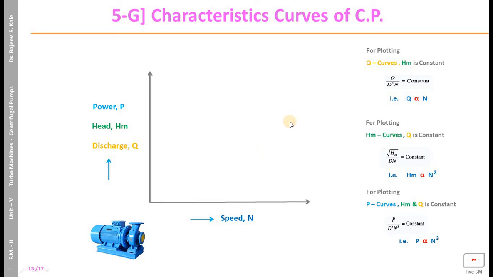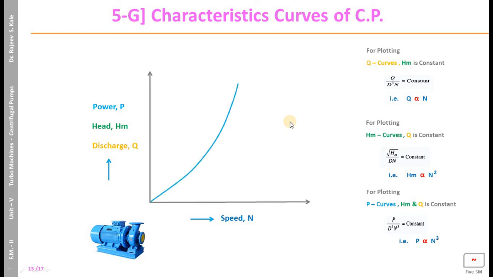Then to understand the pump, to estimate the performance of the pump by keeping one parameter constant and changing the other, you can develop the different characteristic curves for a centrifugal pump. There are 4 types of characteristic curves: main characteristic curves, operating curves, constant efficiency or iso-efficiency curves, constant head and constant discharge curves. That also we are going to discuss in detail.